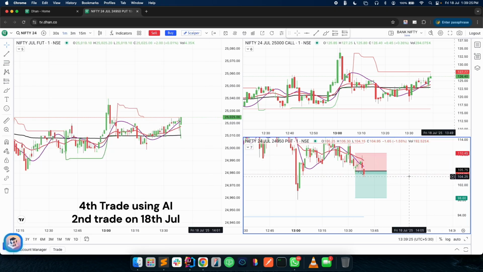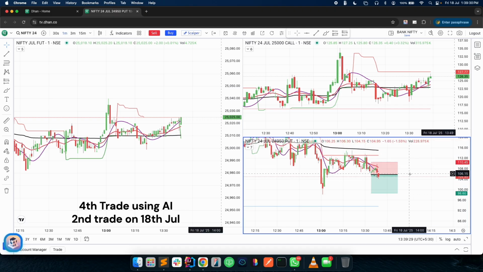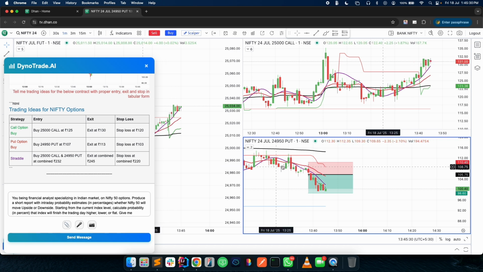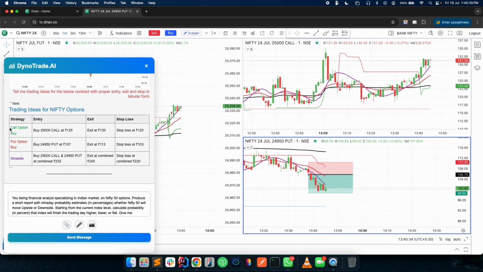This is the second trade for today. Yeah, just passing it here. Let's see why I took a sell entry on the put option. Though both analyses from the DynoTrade AI suggested buy,